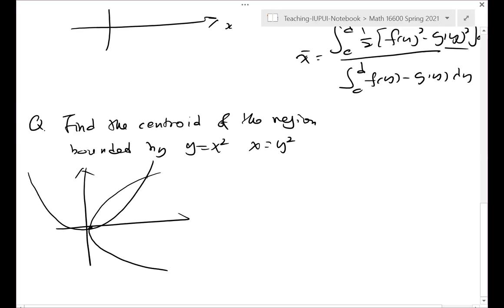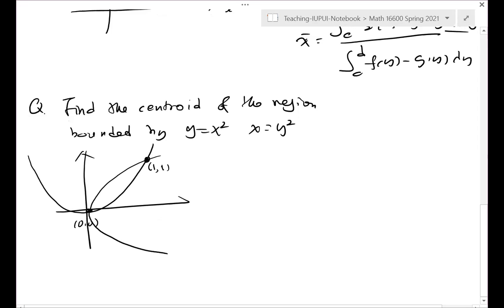Okay, and then this will be the intersection point. You have to find the two intersections. So clearly, this is one intersection point. The other one, I was thinking I can even just write down: it's 1, because 1 equals 1 squared. Okay. Now,